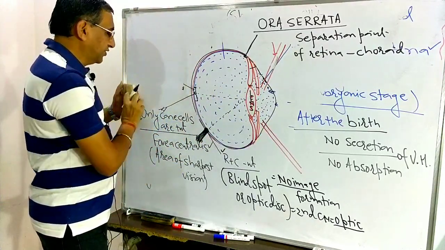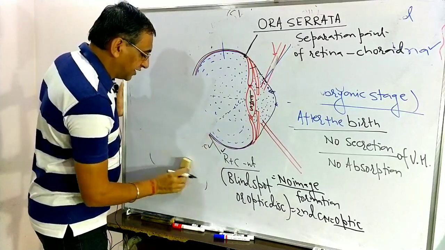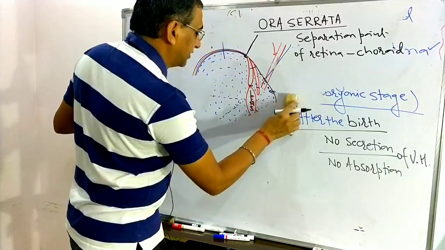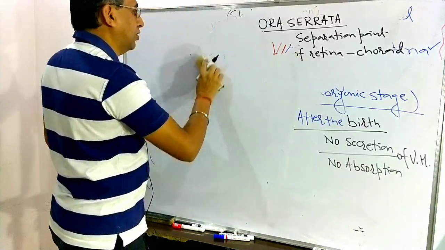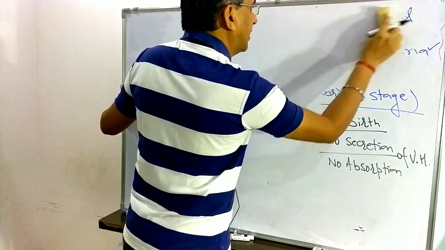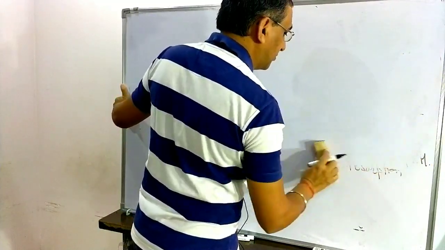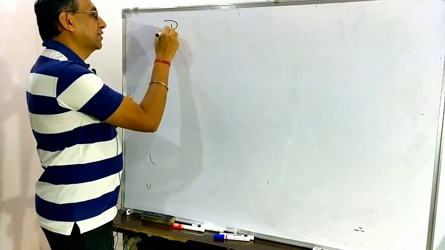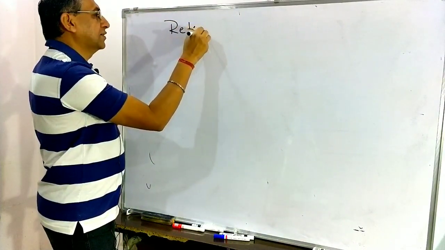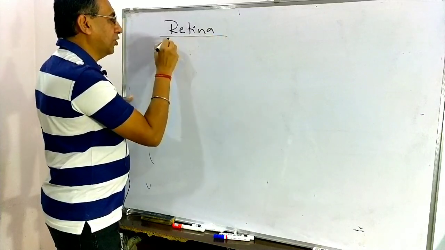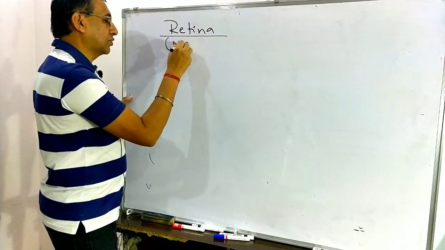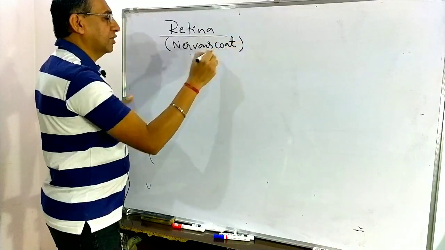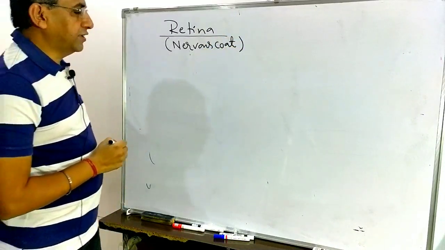Now we have to discuss the retinal layers in detail. I am coming to the innermost layer of the eye wall, which is known as the retina. I discussed the internal structure before the retina because the diagram was also there. The retina is the innermost layer of the eyeball, also known as the nervous coat.